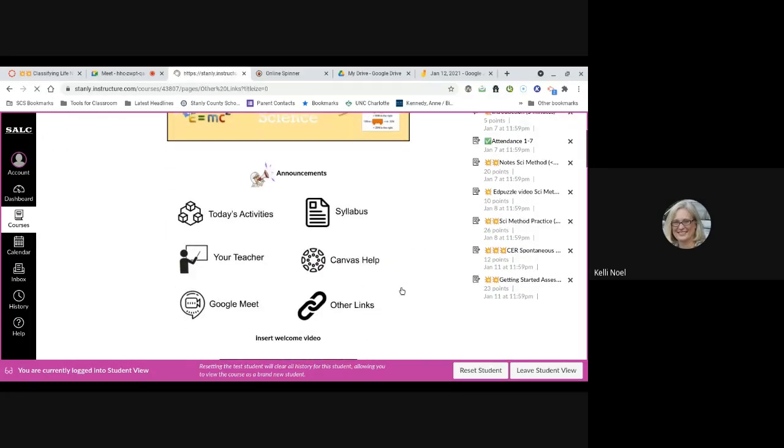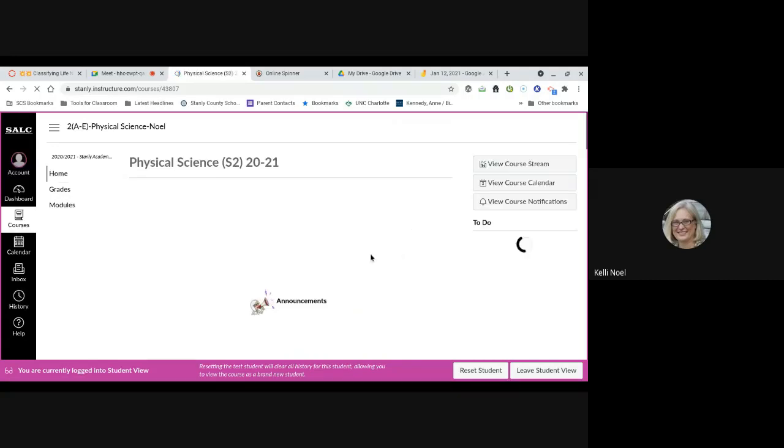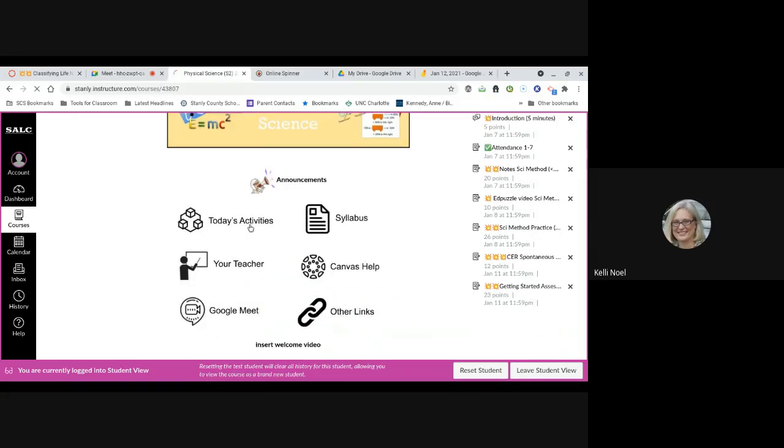In the other links, I may try to put the different Google Meet recordings just so that you have them and they're listed there so that you don't always have to scroll through each page or through the modules to find it. So I added the first days. I haven't added the others. The others are within the modules. So if we go to today's activities,